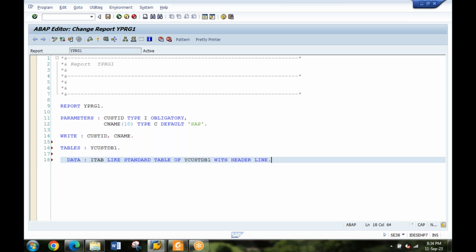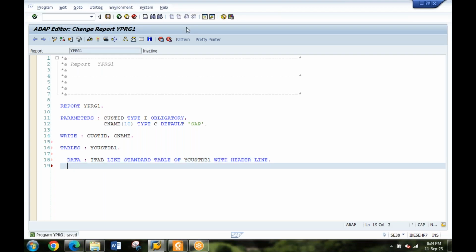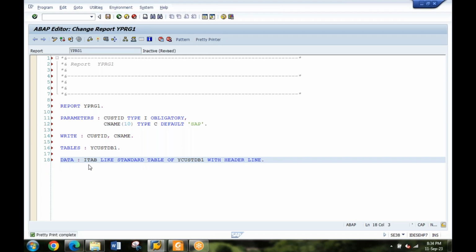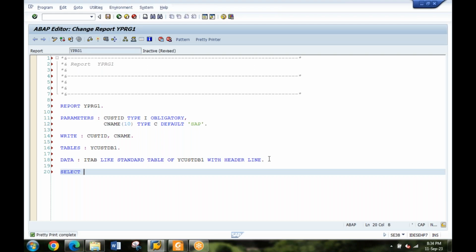Don't go for the syntax right now to understand it. I'm just showing you how difficult programming is. Into table.